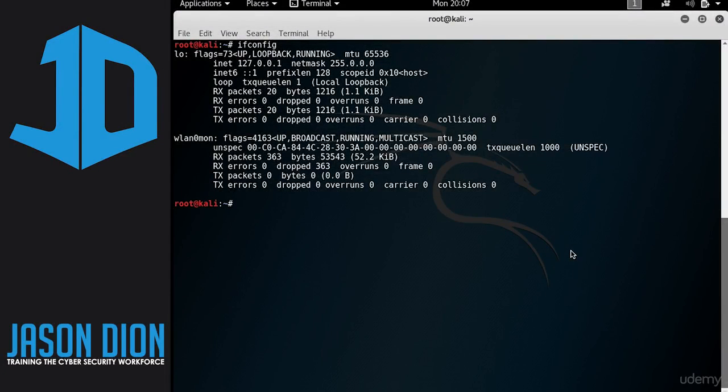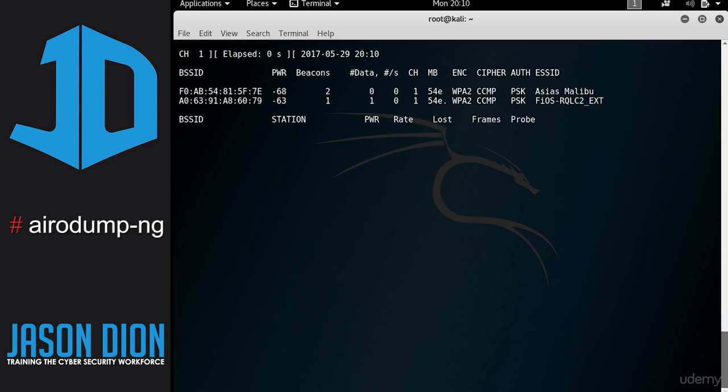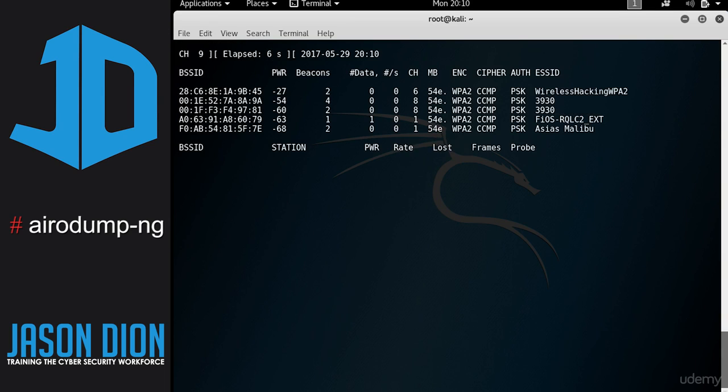So the next thing we want to do is make sure that it starts scanning and seeing what things are on the network. And we're going to do that by using airodump-ng, and it's airodump-ng and then the name of your card, in our case wlan0mon, and it will start scanning the networks out there. I'm going to let this run for about 30 seconds and you'll start seeing different networks